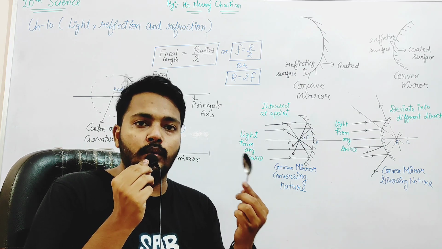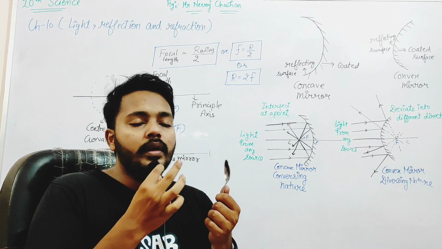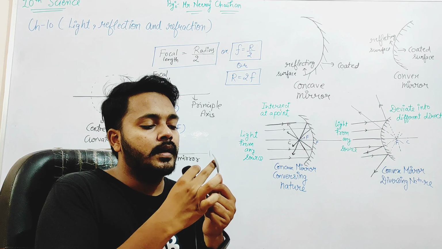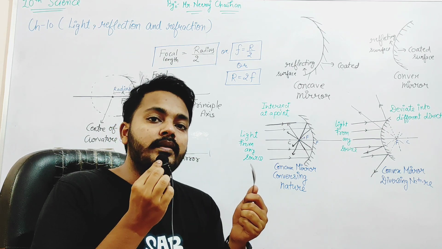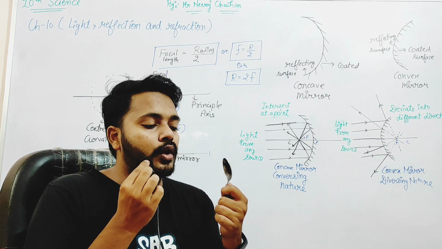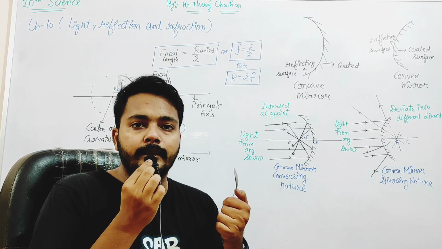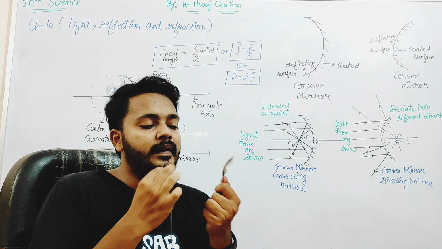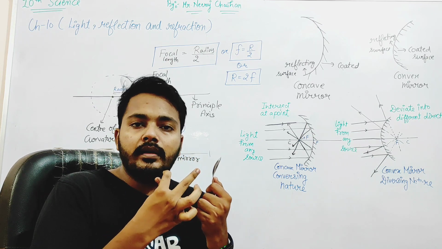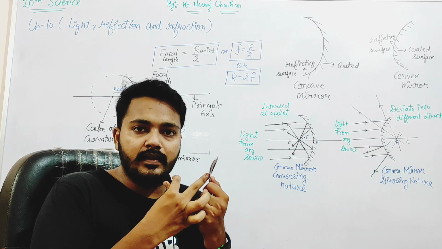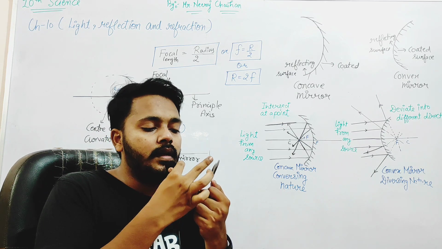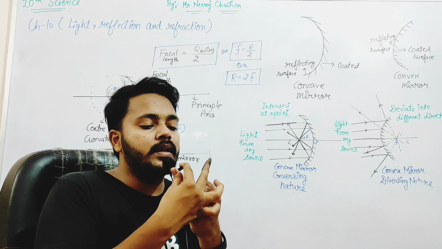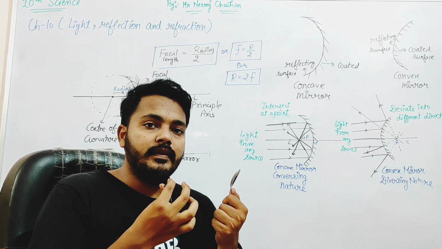With the help of a spoon we can understand the concave mirror. It looks like that. The inner surface is curved and it is reflecting in nature, and the outward surface is coated. If we talk about the convex mirror, the surface that is the emerging part of this spoon, the curved outside surface, is the reflecting surface and the inward surface is the coated surface.